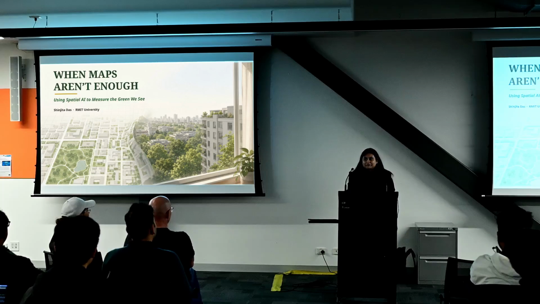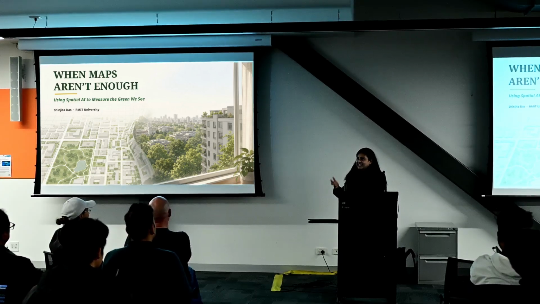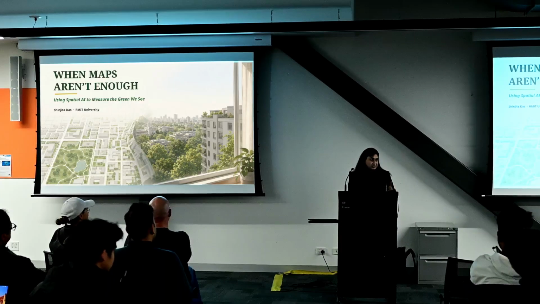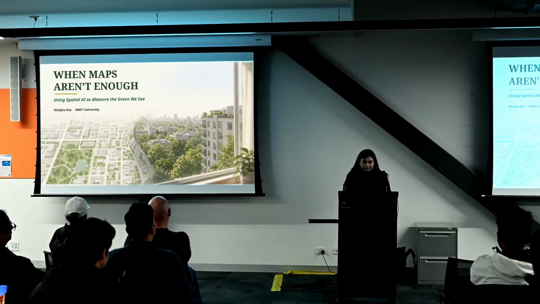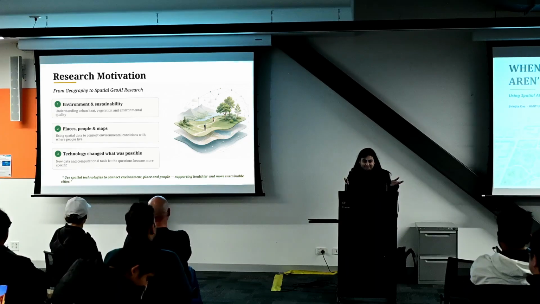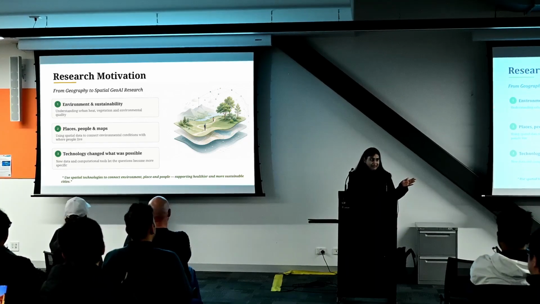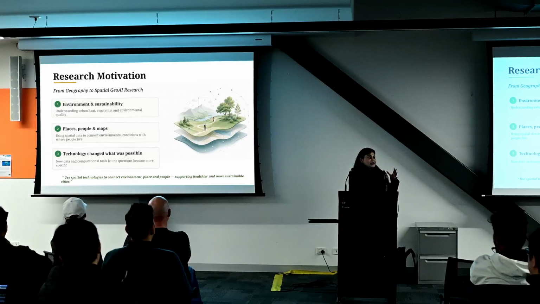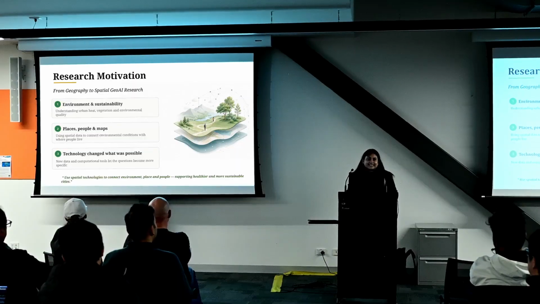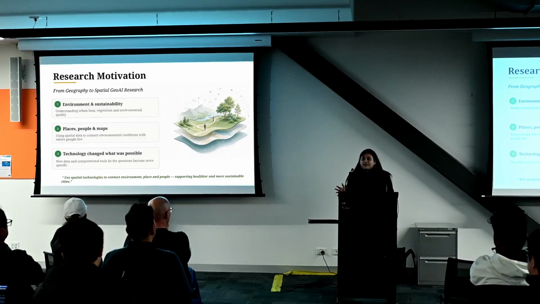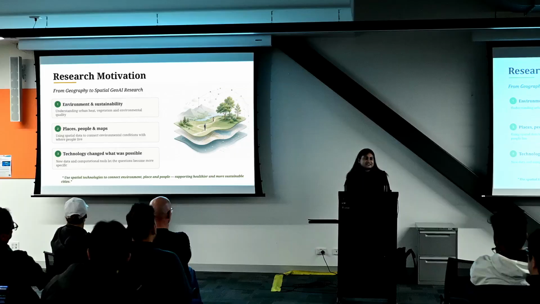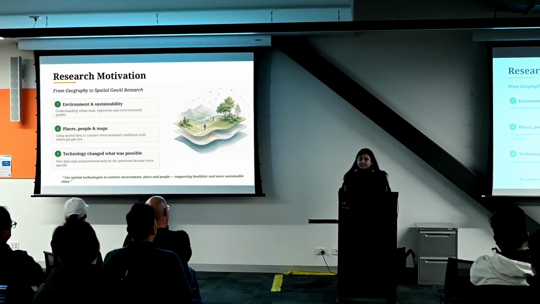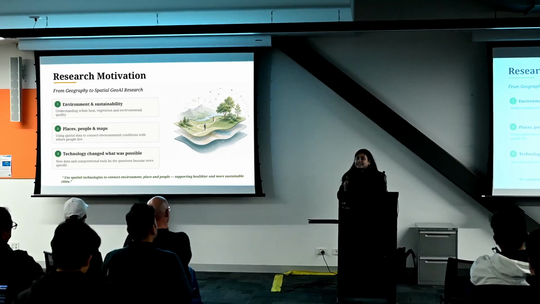As days go, we are now moving from maps to using AI in our modeling and spatial research. So I'm going to share that journey with you today. Before I start, as you can understand, I am from a geography background, not computer science, not data science, pure geography background, and I love researching landscape, climate, heat, environment, people. It really interests me because so many things are connected. It's not about where things are, but also how people interact with it, how people engage with it.